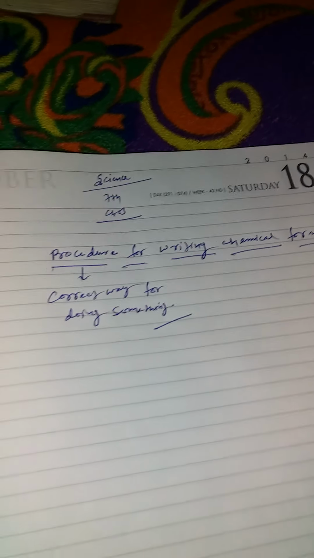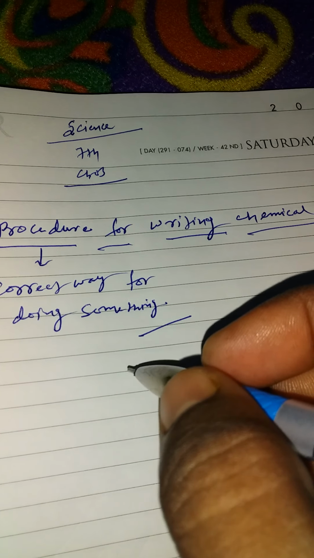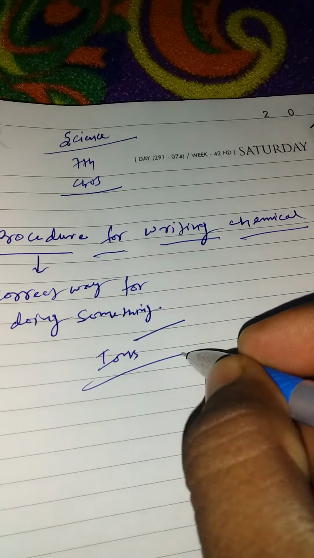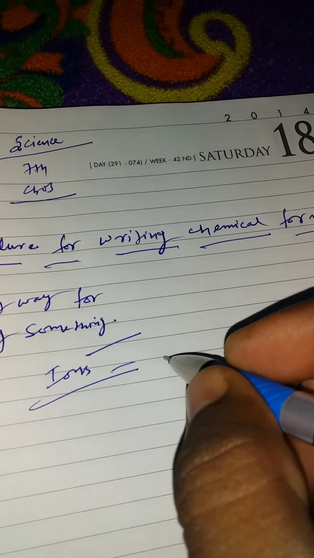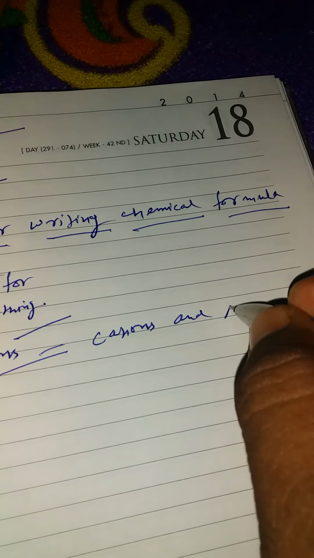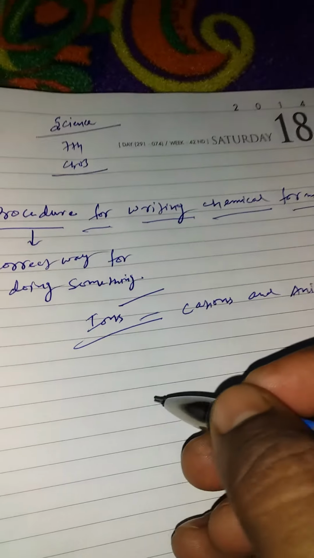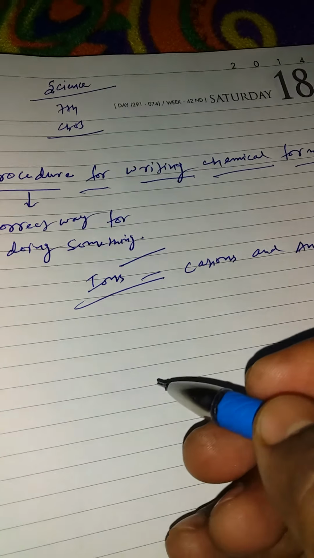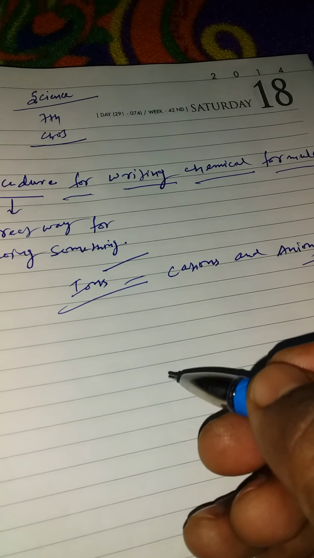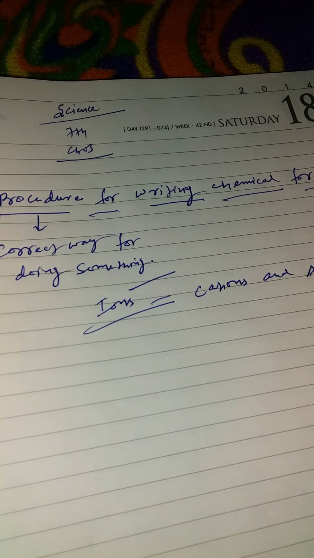How can we write chemical formula? As we know about ions and their types, cations and anions. By using cations and anions, we will write the chemical formula of ionic compound. So there are different steps